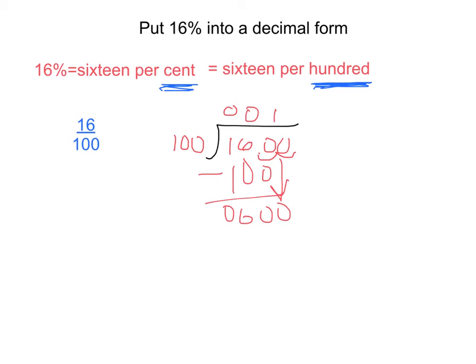100 goes into 600 how many times? 6. So we'll write 6, and that's 600. And we'll end up with nothing. So since we have no longer a denominator to divide by, we need to move our decimal place back 2 spaces. Because since we moved it forward 2 spaces, it needs to go right back on our final number. So there's our decimal right here. And we're going to go back 2 places. And that will leave us with